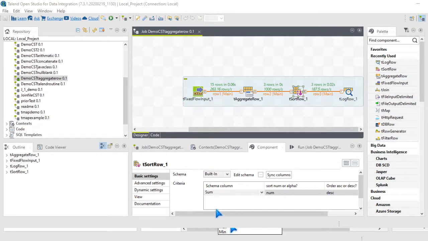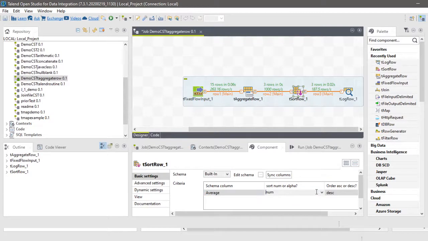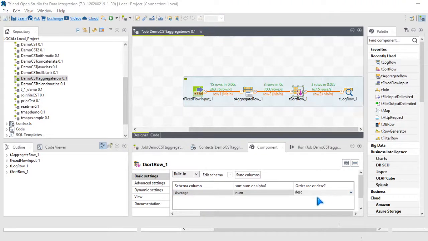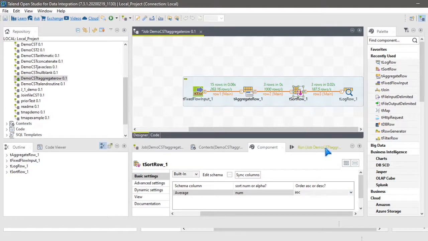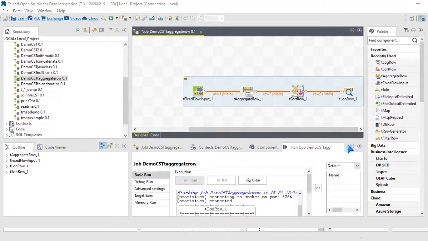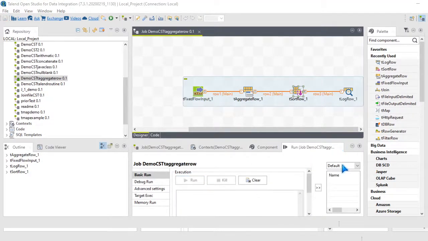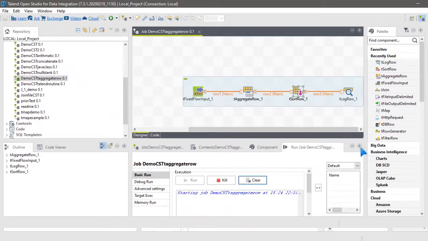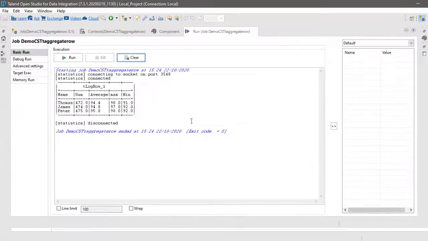Now I'll select average. Average is a number, so I should select num. I will select ascending order. Now you see Thomas has come to the top, James has gone to second, Peter has come to last. Why?